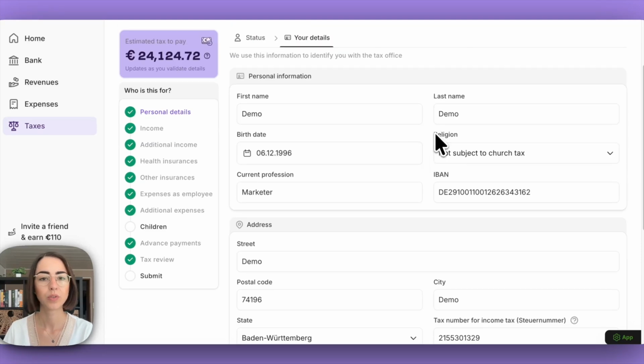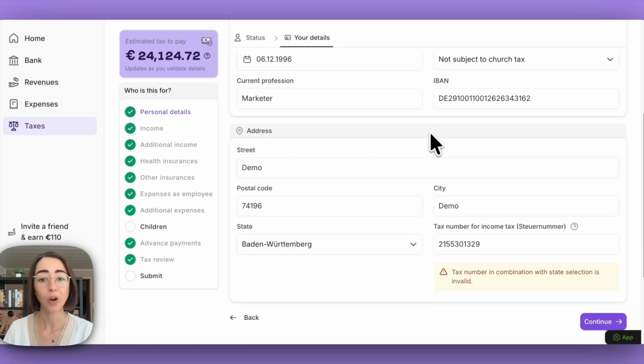Ideally, the system took most of the information from your account, but what you always need to double check is your tax number for income tax. It can always be that you do have a separate tax number for income tax and it is different from your business tax number. So please always double check that. This often is the case when you've filed a joint declaration with your spouse already in the past, or if you filed your income tax in general already. But it can also happen without these scenarios that you do receive a separate tax number for income tax.